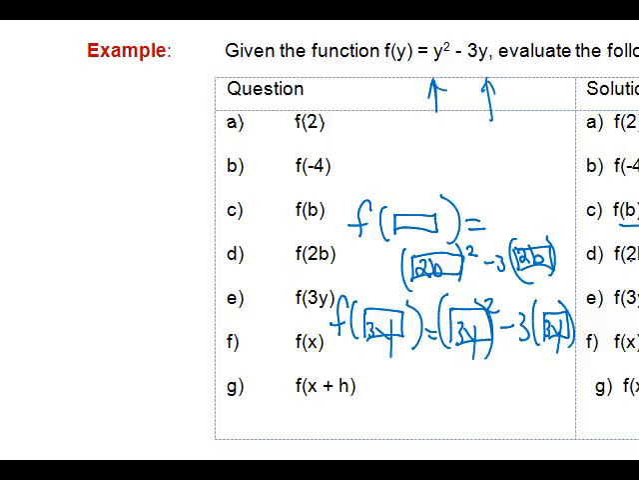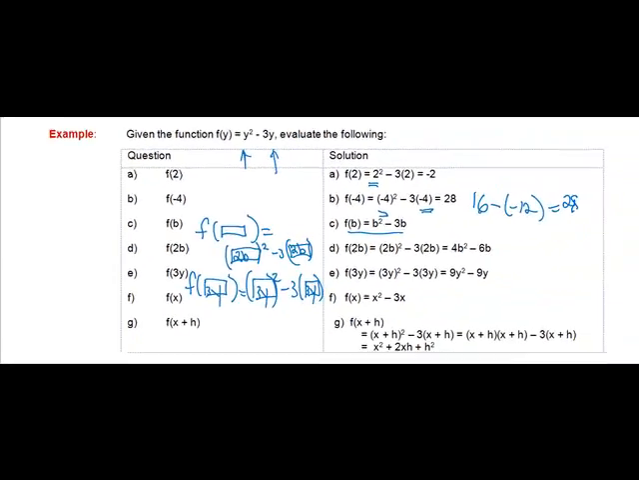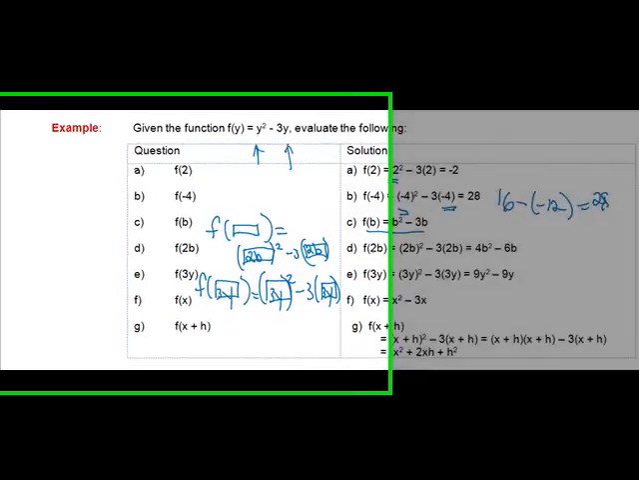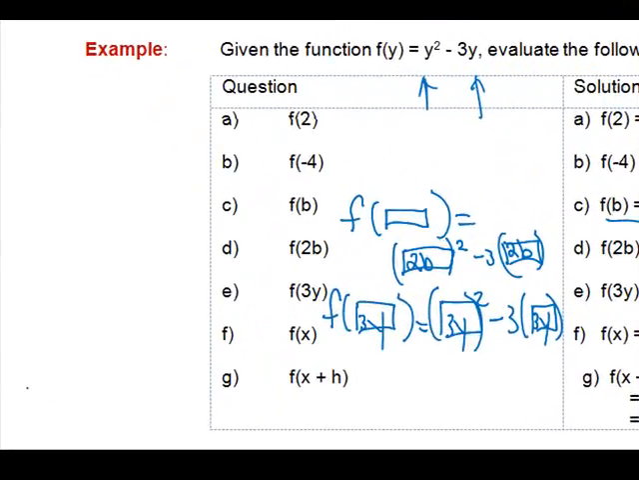Okay, letter F, f at x. Again, this is very much like our f at b question. So f at x, if we just substitute x in wherever we see y, gives us x squared minus 3x. Now, my favorite of all of these parts, f at x plus h, and it's the quantity x plus h. So now let's take a look, and I'm going to do my box thing exactly the same way I've been doing it. So f at box